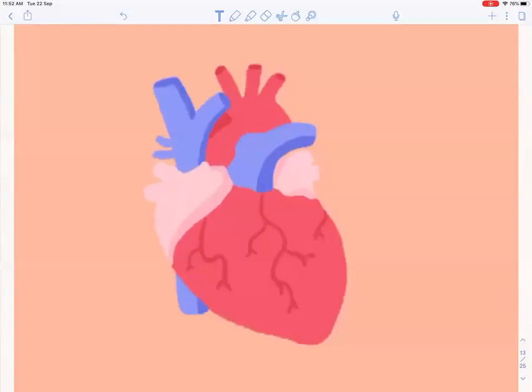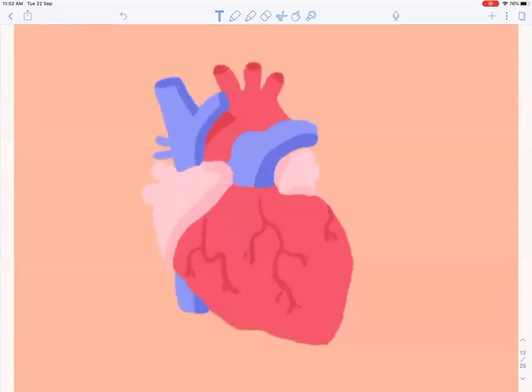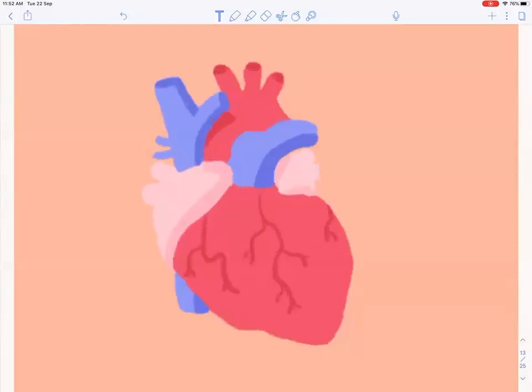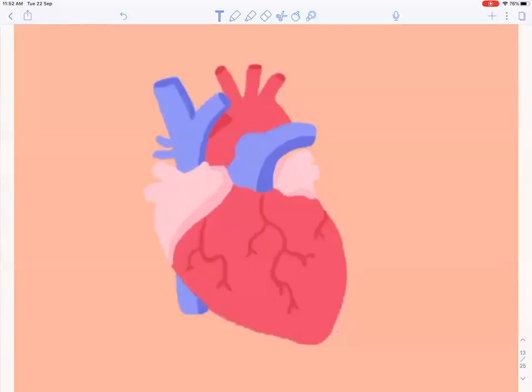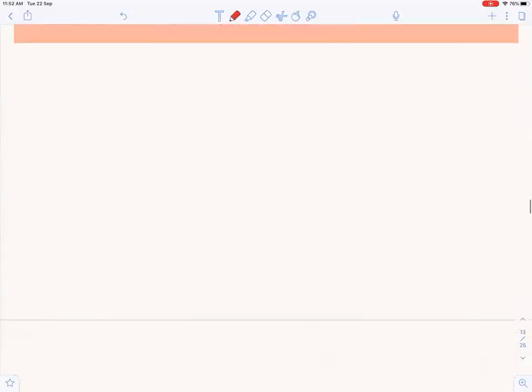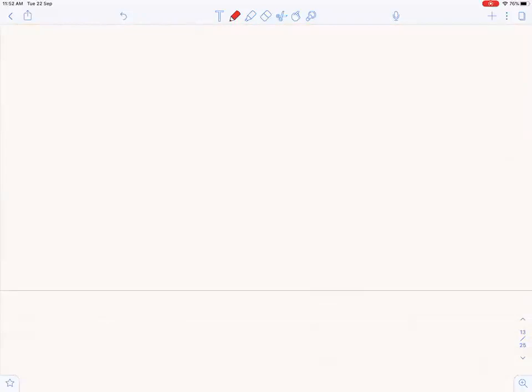And what we are going to do today is very apparent. What you can see on your screen is a heart, right? So today we are going to study about the heart. Let us see, today's class will basically be divided into